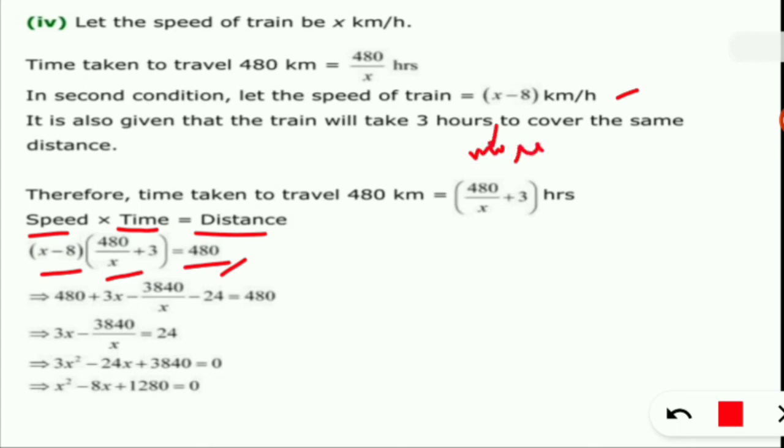Clear? So after simplification we get x squared minus 8x plus 1280 equals 0. So this is a quadratic equation. Now using the middle term factor, find the speed of the train. Okay, this is your